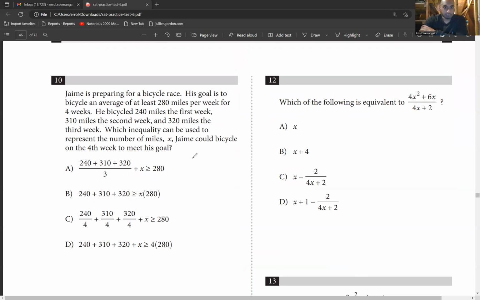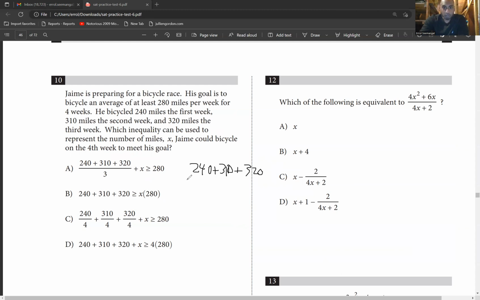Okay, so first week, how much? First week is 240. Second week is 310. Oh, 310. Third week is 320. Which inequality can be used to represent the number of miles X Jamie could bike on the 4th week to